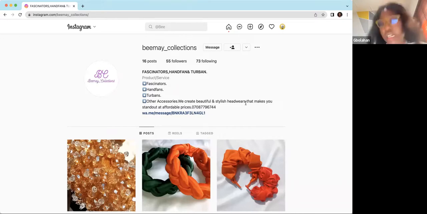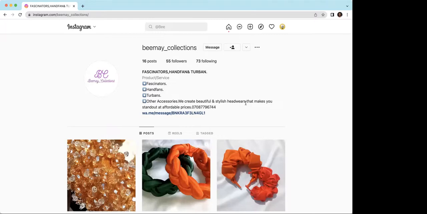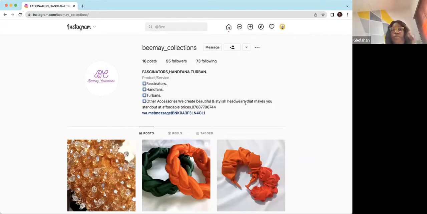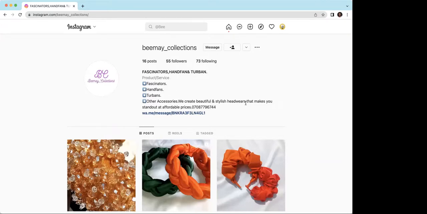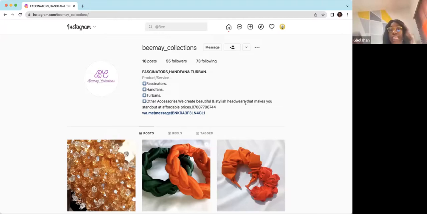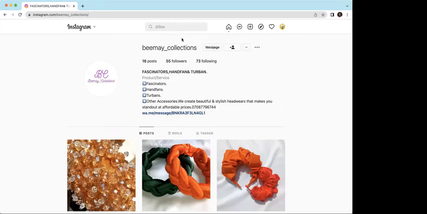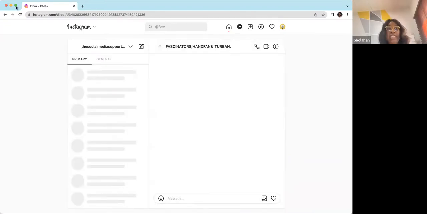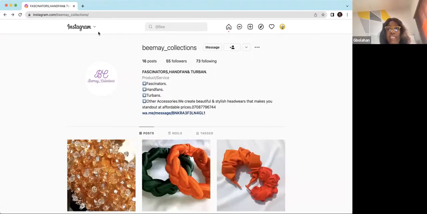Your phone number is not supposed to be here. There's a part on Instagram that says add contacts. There's a part that says to add contact on your page itself. The part that has this message, there's also one that has contacts, right? So I think you should check for that and add that instead of putting your phone number here.